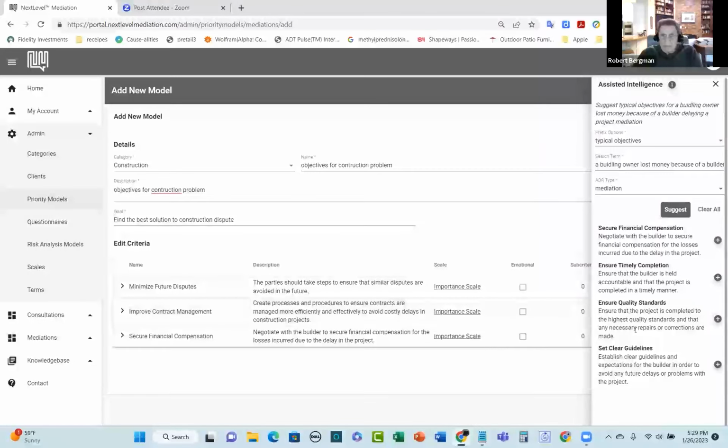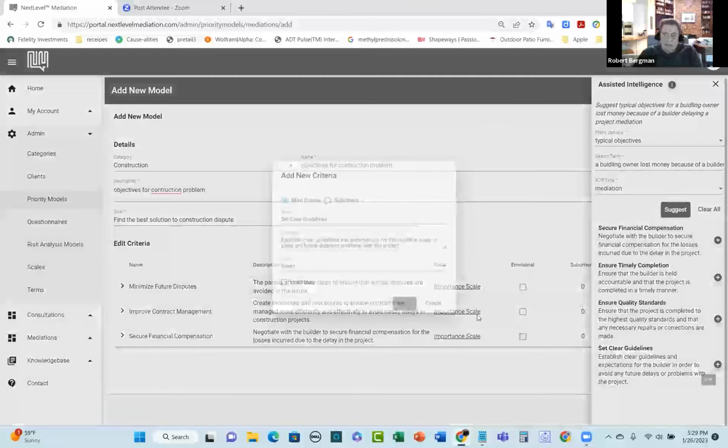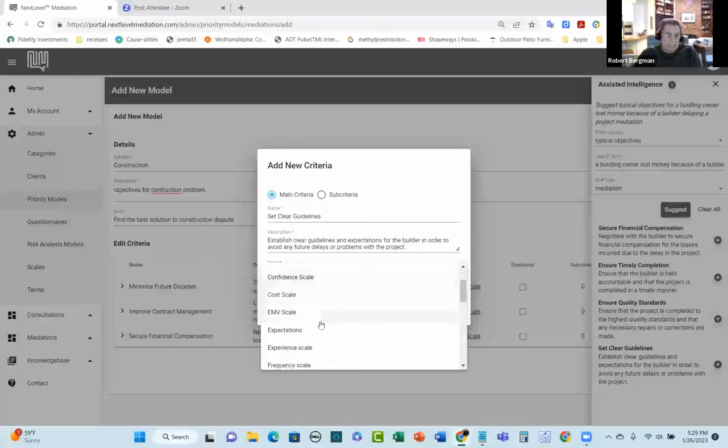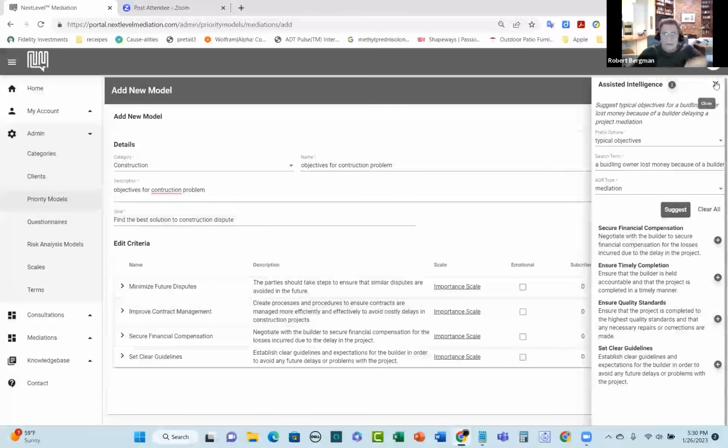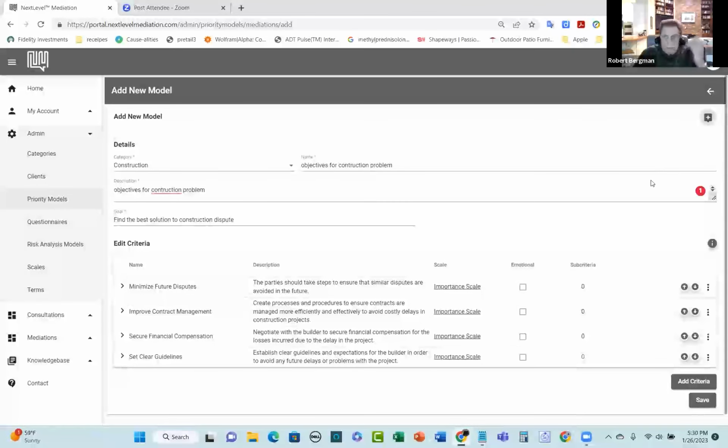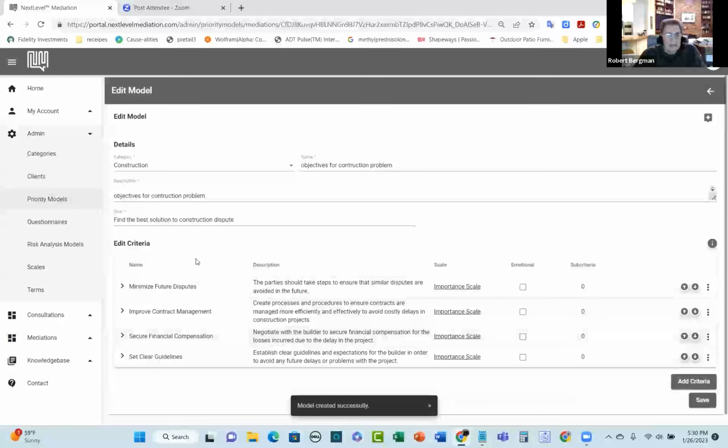And let's just say this, we want to set for the next time some clear guidelines. That also makes sense. We'll add those. And now we can save this as a model